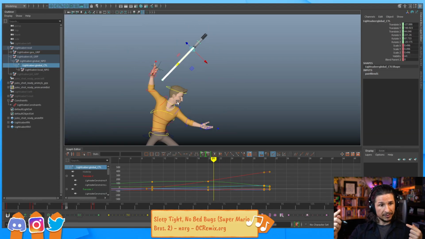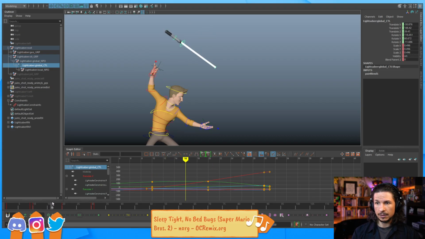So I've changed the pivot point with just that one control. And now it's spinning from that new point there. There we go. So you need that offset control. That's what's going to allow you to do that. And this is what's going to make it,